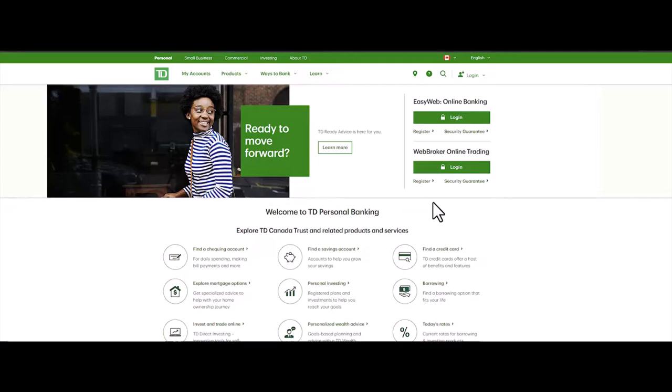Let's get into it. So for that, simply go ahead, first of all, open up your browser, type in tdbank.com and get into the official website. Now as soon as you've done that, this is how the interface is going to look. Make sure you're logged in. Now, right after you have logged in successfully,